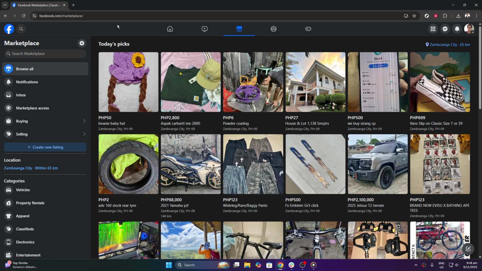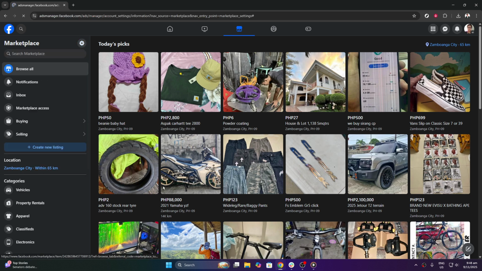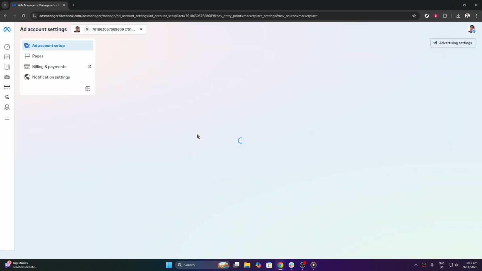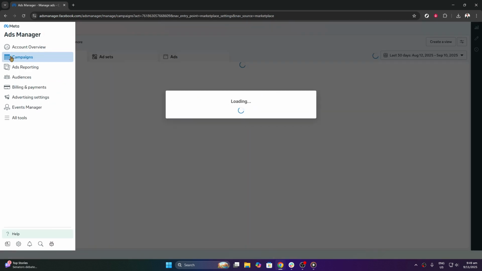After accessing the highlighted sections, navigate your way to the ad account settings. This is where you'll set up and manage all of your advertisements. It might be a bit overwhelming initially, but remember, this section is essentially your control panel. It's important to familiarize yourself with the layout and the available tools here, as they are vital for creating successful